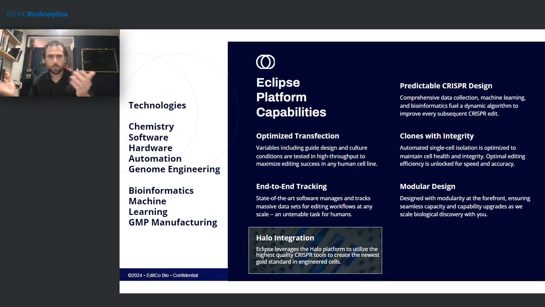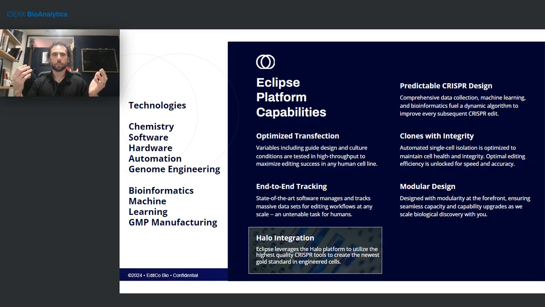So what is the ECLIPSE platform, you asked? We just talked about that. Well, let's break it down to some of the key components. So chemistry. Our advanced chemistry, through the expertise we had when we were a part of EditCo, ensures our precise and efficient genome editing. Our powerful software tools and LIMS management system manage and optimize the entire editing process